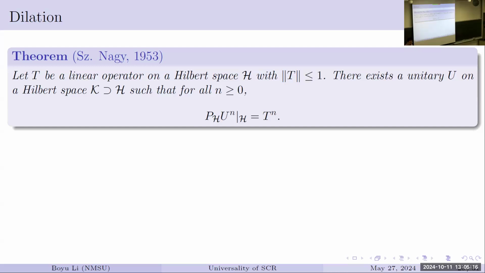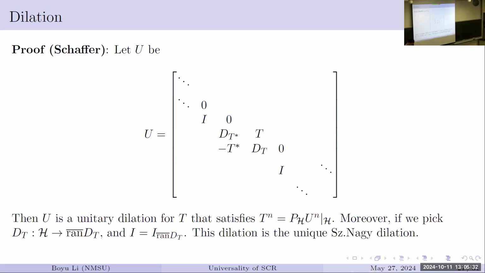And even better than that, you can actually construct this U. Well, Sz.-Nagy, when he first did it in '53, did more of a GNS type construction. You can build something that shows that it exists. But there's a nicer proof by Schäffer. Basically, you just write out the unitary like that, and you show it's a unitary first of all. You can see this T goes from the H to H column, and we put this 2 by 2 block not on the right hand side, but on the left hand side.